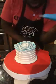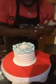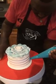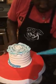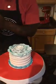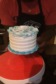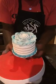I'll take now just a round bag. It has no tip on it. No tip on here at all. It's just a hole cut on the bag. And I'm just gonna pipe a small bead border, okay? There you go. So you've taken this beautiful cone and turned a simple cake, just a 5-inch cake, into a